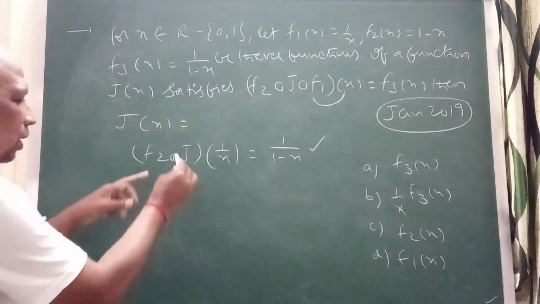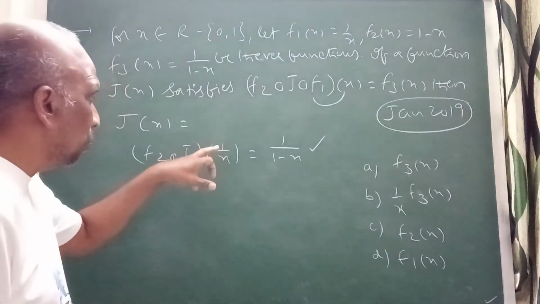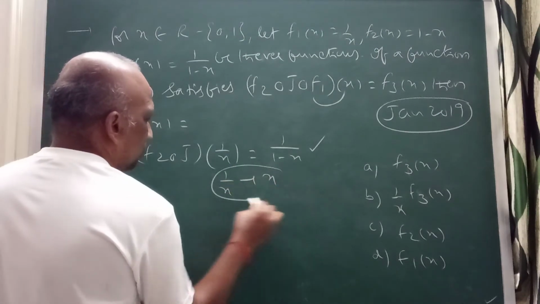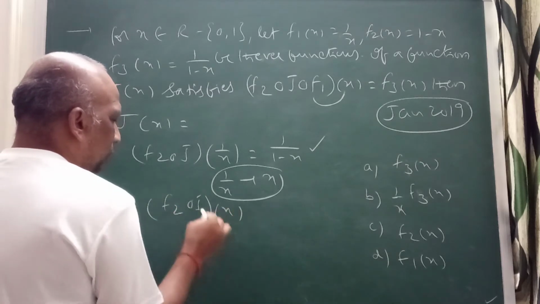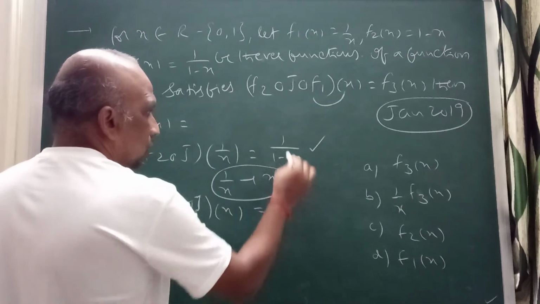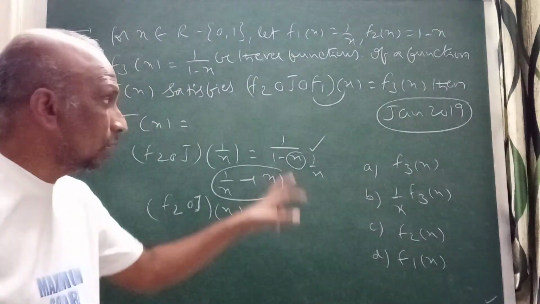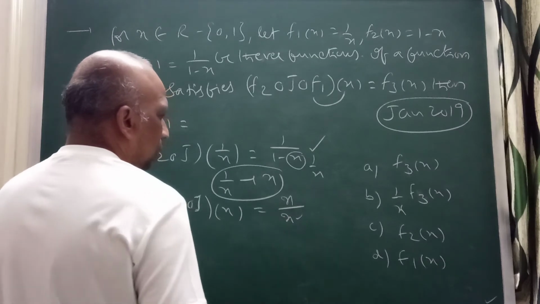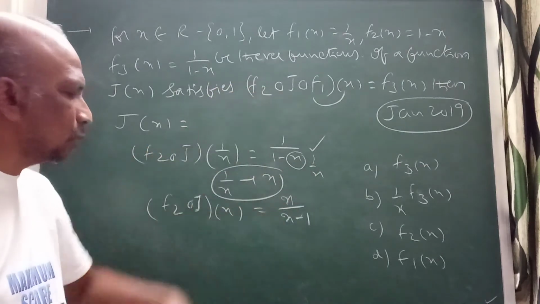Now you can observe this one. Again I can write this one. So if the function is like this, what I will do, for convenience, replace 1 by x with x. So replace 1 by x with x. Then what will the function become? f2 of g of this one will be x. Correct, this is g of this one, x. This side, if you replace x with 1 by x, you are writing 1 by x in the place of x, right? So this will become x by x minus 1, right? It will come like this. Replace x with 1 by x in the next step, so you will get x by x minus 1.